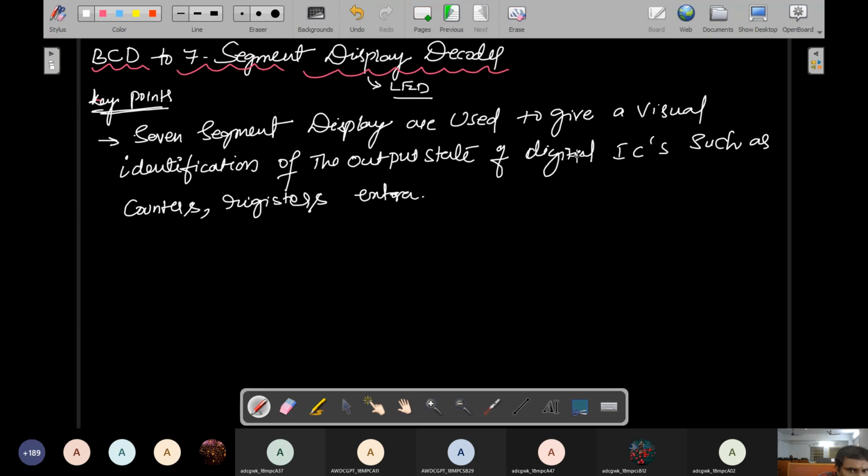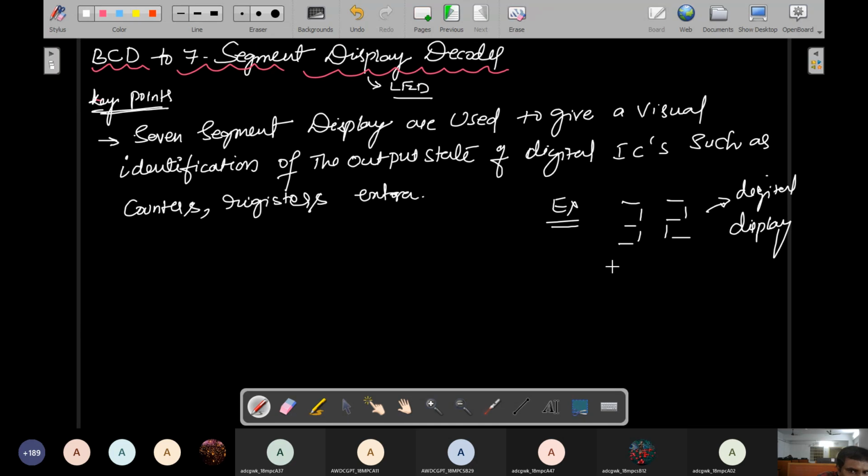In your digital watch, if you look at it, there are numbers, and the numbers appear like this. This is a 3, I think, then 2, right? This type of numbers is called a digital display. These are the examples of digital display. So how does this digital display operate?